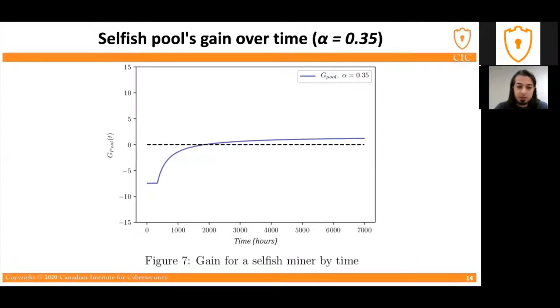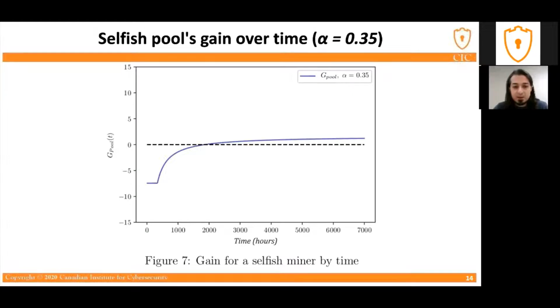At the beginning, we start with a loss. If we have a selfish miner, for example alpha here is 0.35, it means the selfish miner has 35% of the total hash power of the network, and it's lower than 0. When it's 0, it means we are equal, so it means R bar is equal to R. So it's not gaining anything and not losing anything. But when it's lower than this 0 line, it means the selfish pool starts by losing some part of its